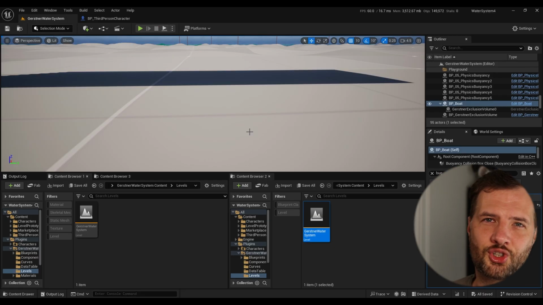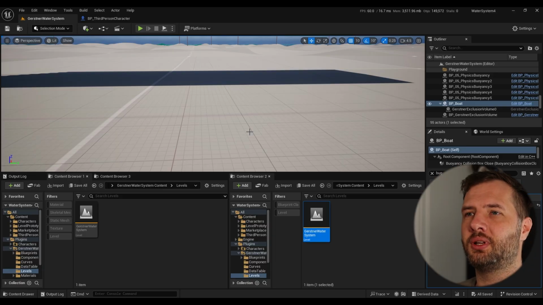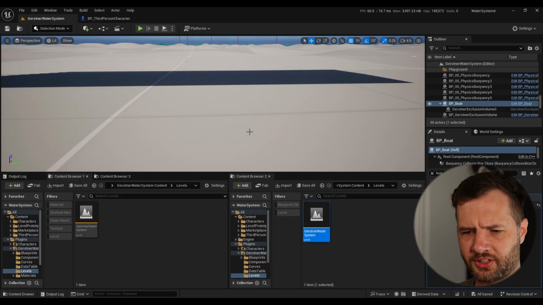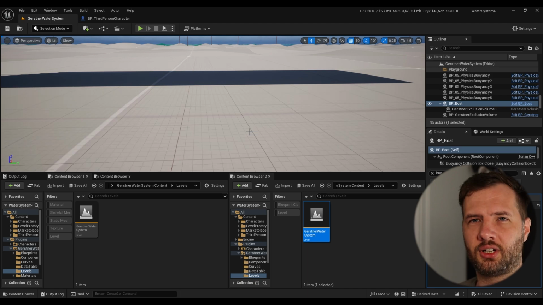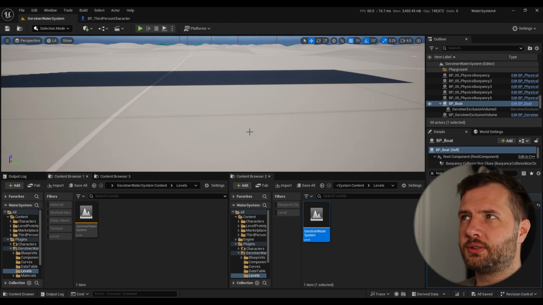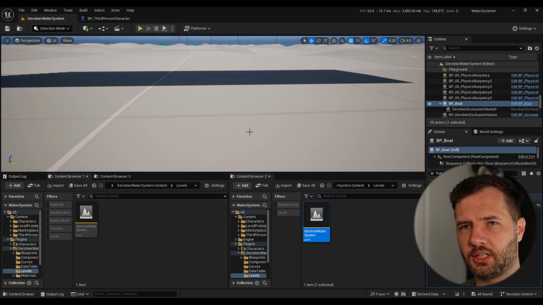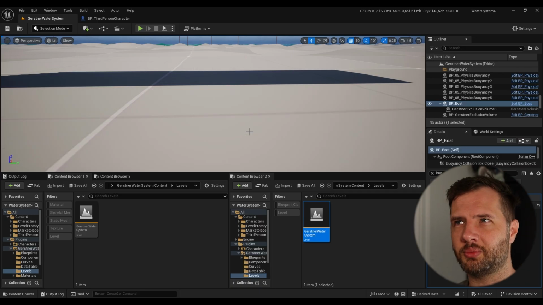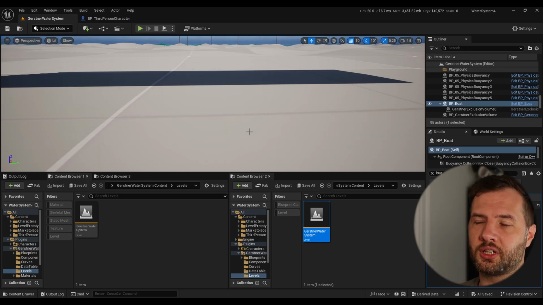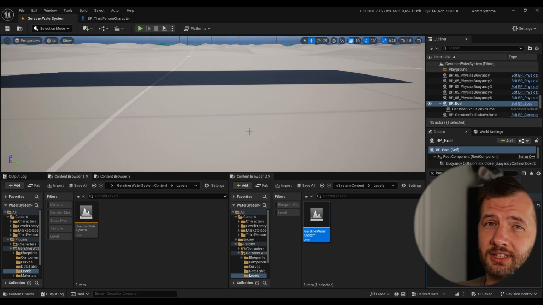So this is a showcase of the water system that I'm building for my project. As I said, there are going to be some more effects that I want to implement. I need to get some soundtracks and sound effects, and I also need to handle going under the water and holding your breath and all that. And that's going to be part of the GAS